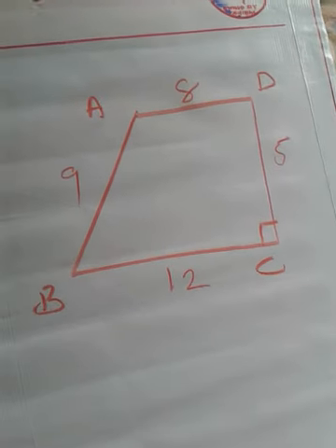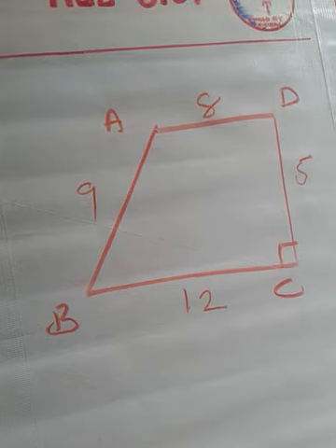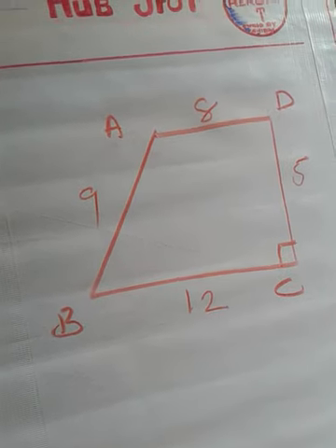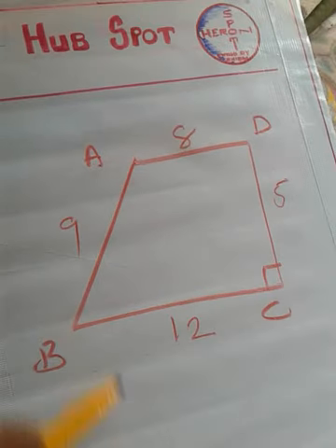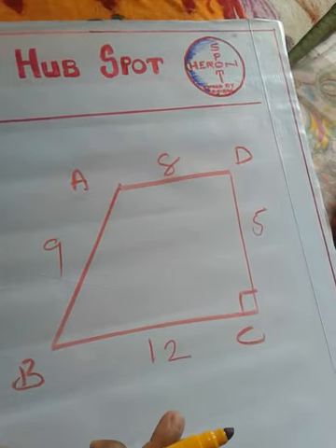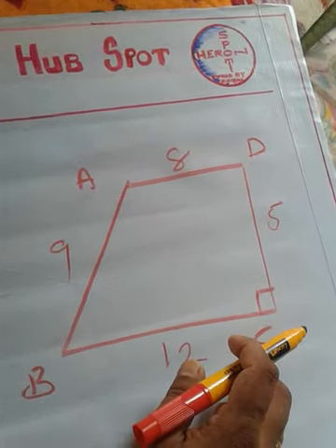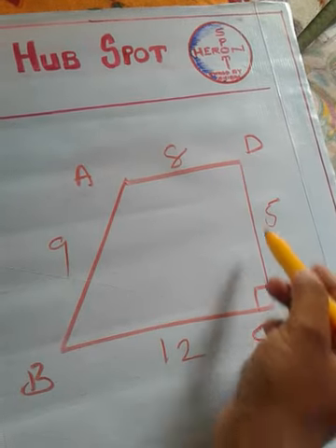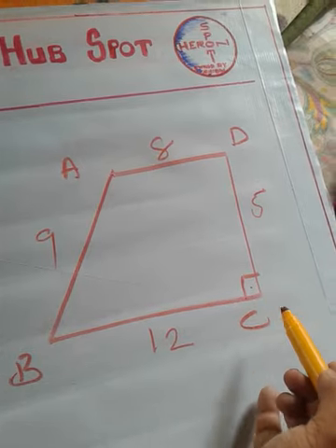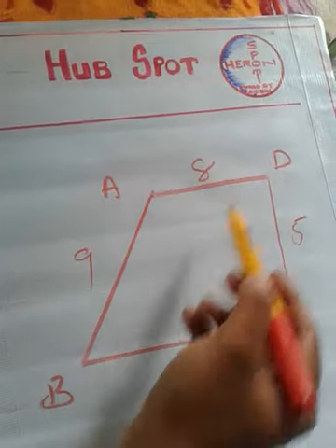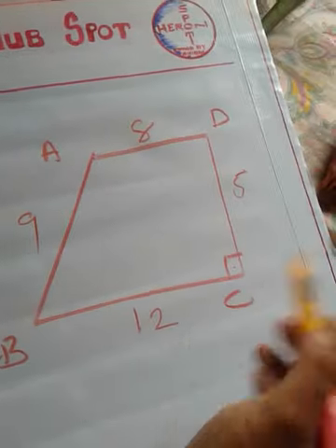The question is like this. Let me explain it. It's a park in the shape of a quadrilateral, named ABCD, and they mentioned that angle C should be 90 degrees. That's why I drew angle C this way. Angle A, angle B, angle D can be any measure, but angle C should be 90 degrees.